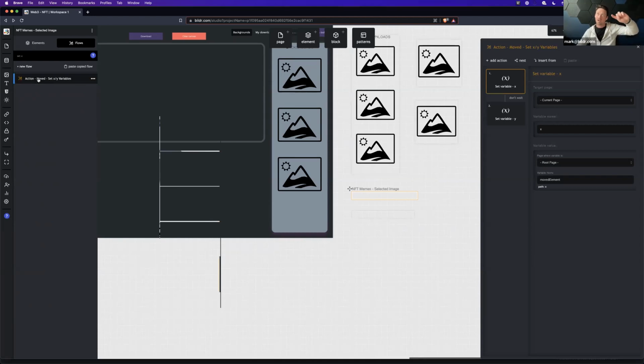So I click on something on the canvas. I take the information about that and I store it in a variable. I use that to find the specific selected element. And then I run an action on that particular row in the grid that sets certain variables into the root page. Okay, so it's hard to explain the reasoning behind that for the meme canvas in particular, but